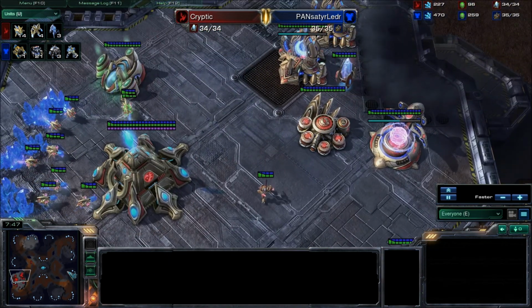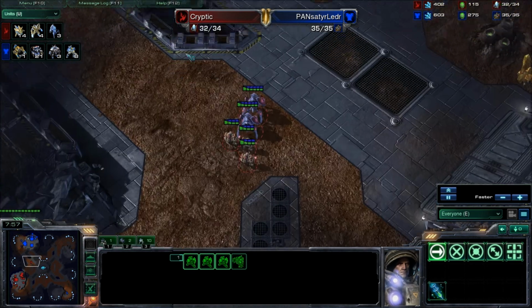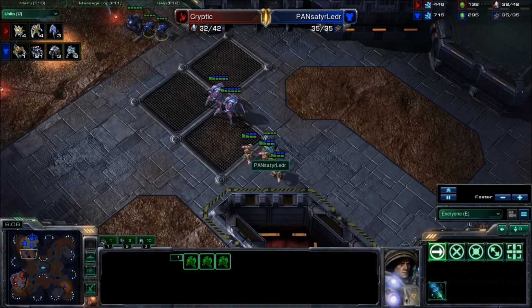And looking at Cryptic's point of view, he has scouted every single possible vantage point except the one where it's at. And this force, 3 Marines, 1 Marauder, is definitely going to lose to this force of Cryptic. He might get a couple of kills. He's definitely going to kill that single Marine out there, but they're just...